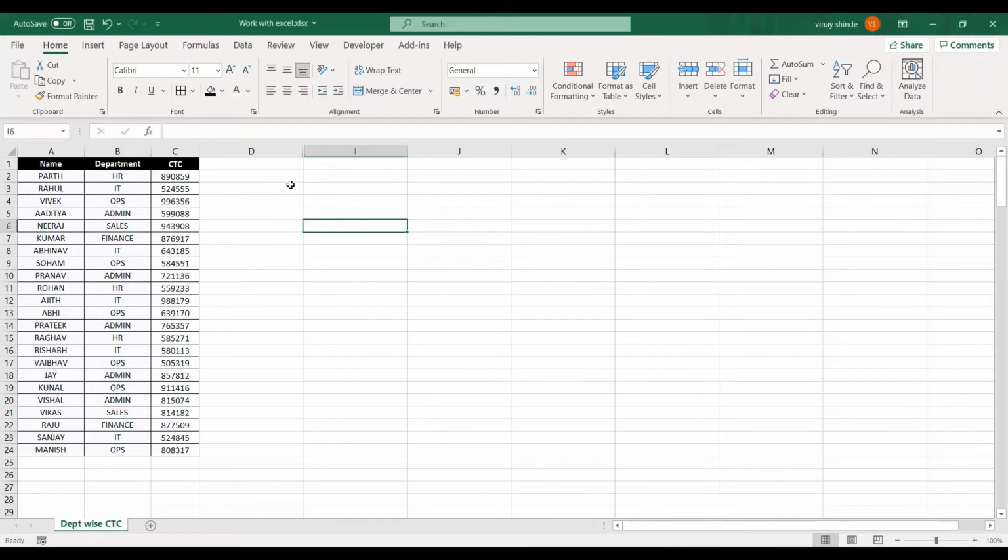So now let's say I want to count how many employees are there for the HR department. So generally what we'll do is we'll count manually. But what COUNTIF enables us is it gives a formula. Now you can see there are only 24 rows, but if let's say the organization is very huge and they have thousands of employees, then counting manually is obviously difficult and also not suggested. So we can use the COUNTIF formula here in this case.